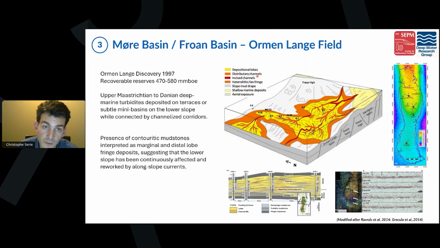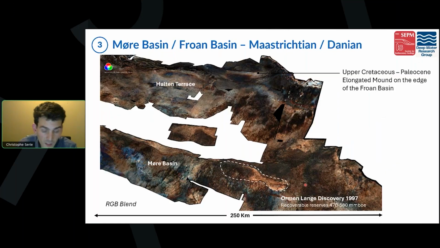Then if we move further south, we can go into the Meuse Basin with the Froan Basin, and this is the Olmelange field. So the Olmelange field is this very thick package of sand. So to do that, again, it is always good to make full use of the 3D data available. In this image, you have a surface almost extending 250 kilometers. Here, outlined in dashed white, you have the Olmelange field,